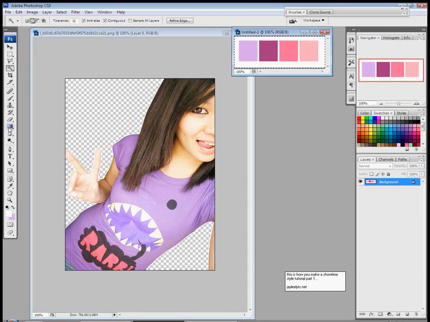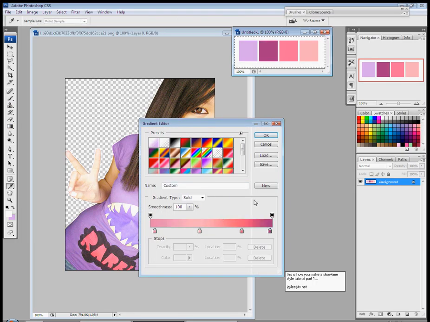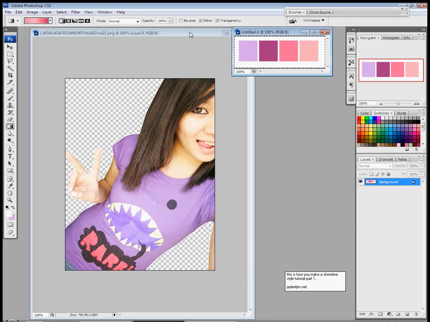If you don't know how to, click the paint bucket and select the gradient, open it up, and use the dropper tool and save them. And just hit new to save it. It will save it down at the bottom or at the end of your gradients. So now that I've already done that,